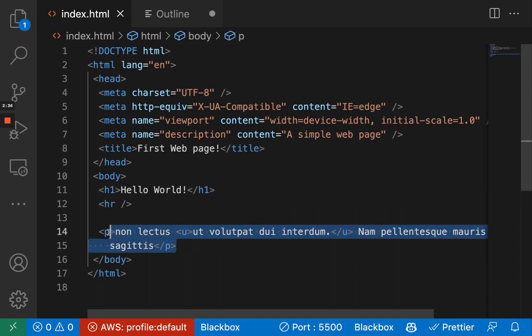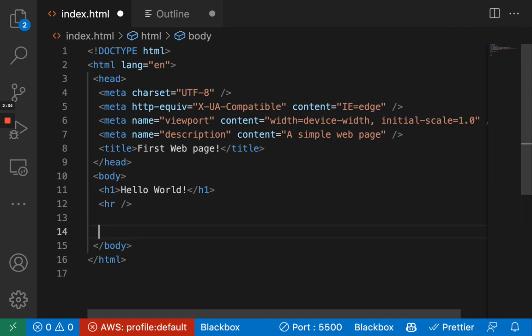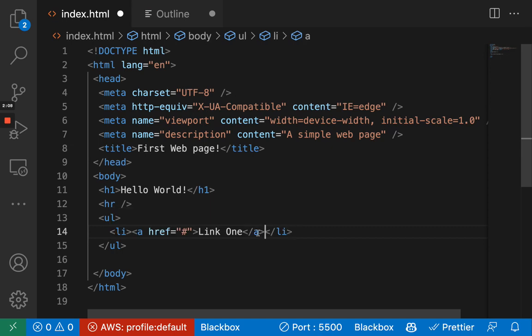So we're going to get rid of this. To indicate a list, a list is either UL or OL. UL is for unordered list. Now inside UL you have list items. You can see Copilot is giving us ideas. So list item, we're gonna do this. I'm not gonna go with all that it suggests. So I'm gonna call this item 1,